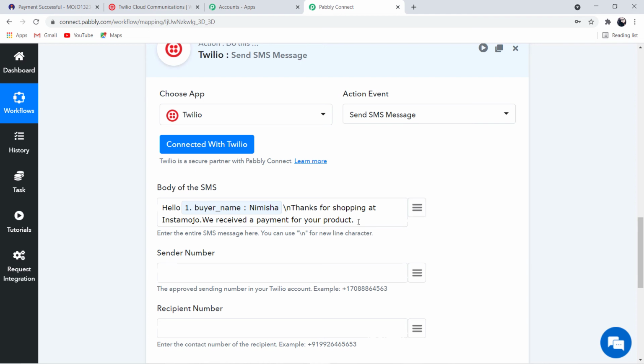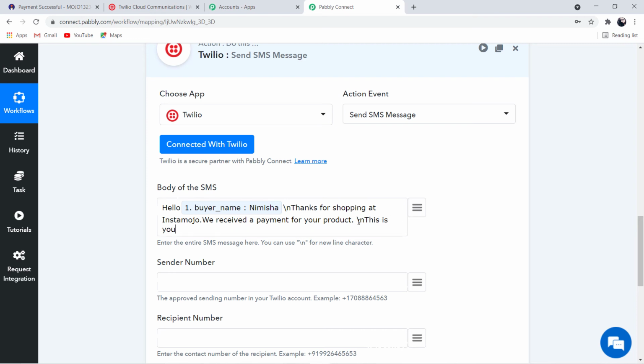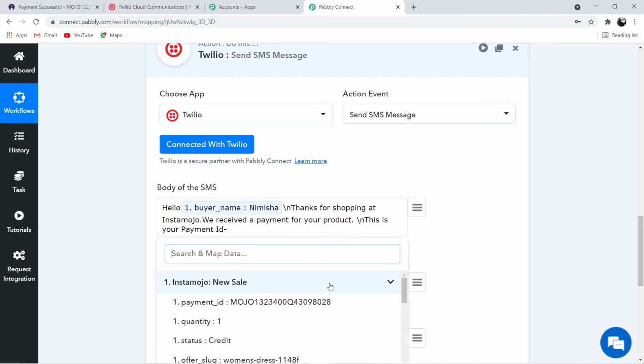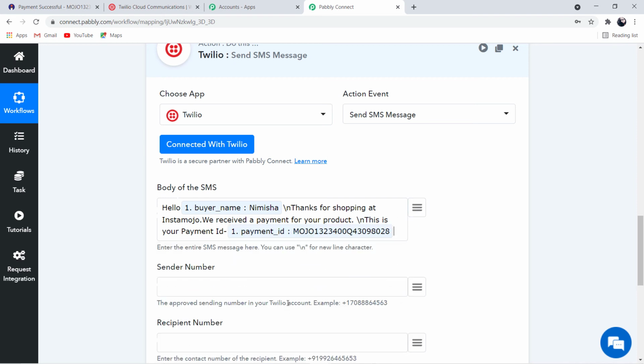For that, let me add a new line. And now I'm going to add and map the payment ID after this. So the payment ID is this one, and I'm done with the body of the SMS.